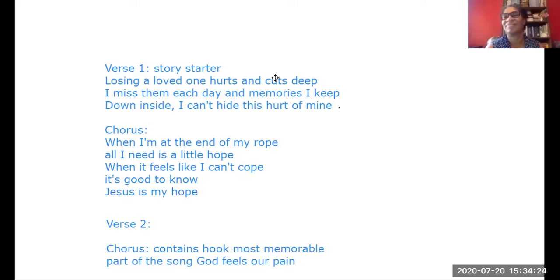Let's pretend that somebody you know lost someone recently. Maybe somebody died in their family. A lot of people have that experience. You could sing this very song and encourage them. That would mean the world. Their whole life could change because you took the time to write this song. So that's what we're talking about, guys. The power of music, the power of songwriting. We're just going to dive in to the chorus now. The chorus is usually an uplifting part of the song. I told you it's like the superhero coming in and saving the day.